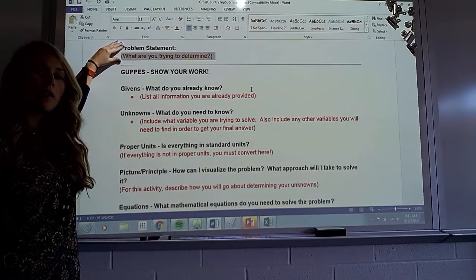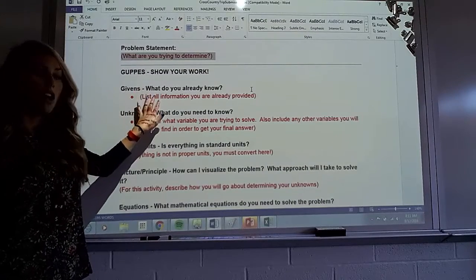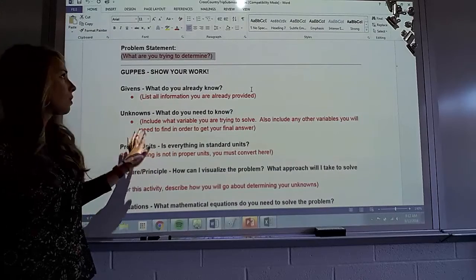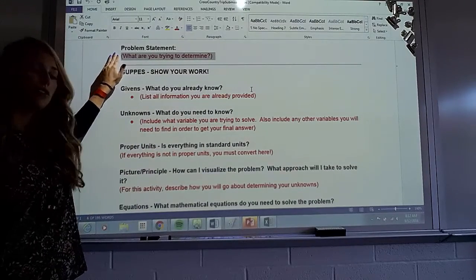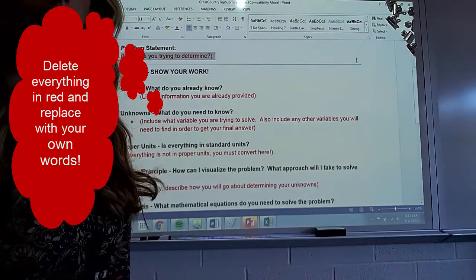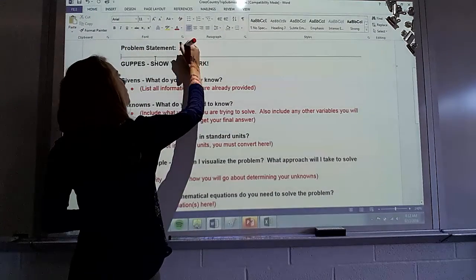What you're looking at right now is your submission document. Everything that's in red are things that you need to eventually replace with your own words. So the first thing we need to do is, again, identify the problem. What are we trying to determine? So I'm going to delete this and replace it with some of our own words. So again, our problem statement is,